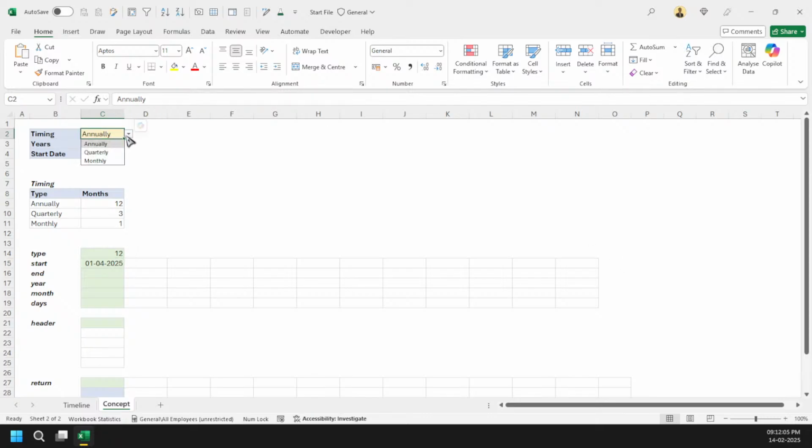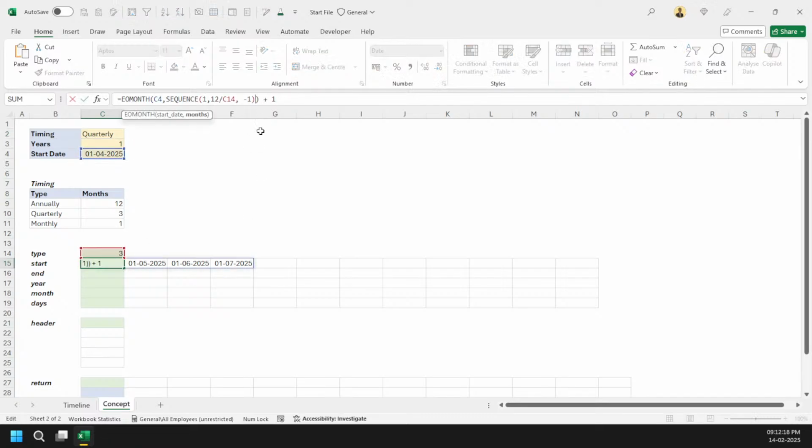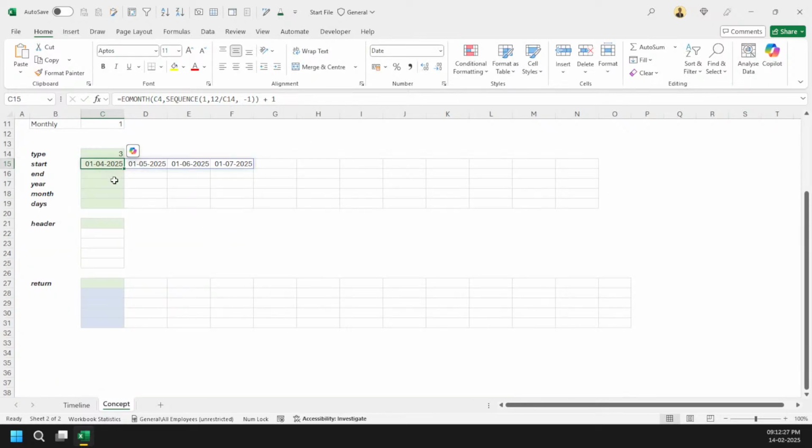Now let's go to quarterly, and I need to figure out a way that it should come here as 4, and then it should jump 3 months. That's where we can use the SEQUENCE function step. Let me quickly tell you what will happen here.